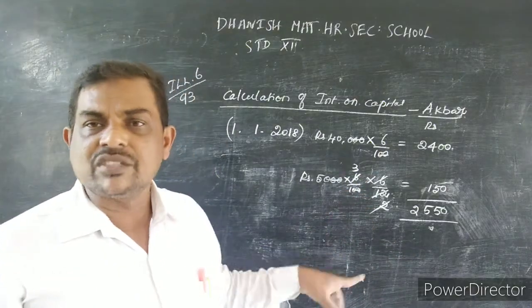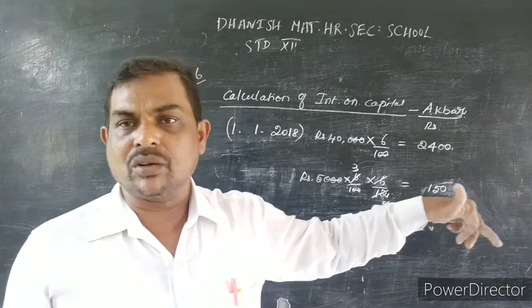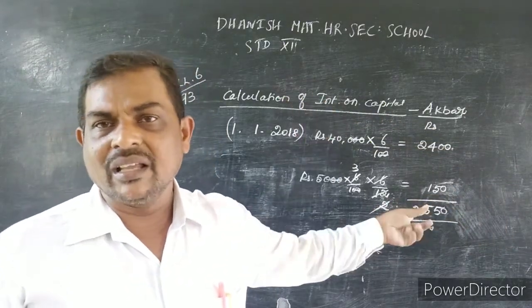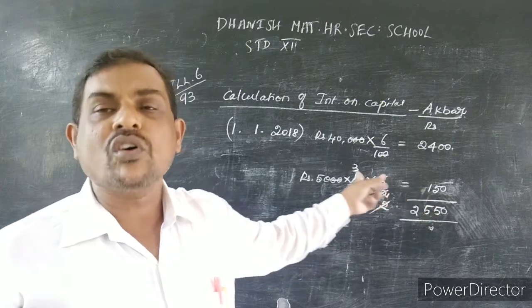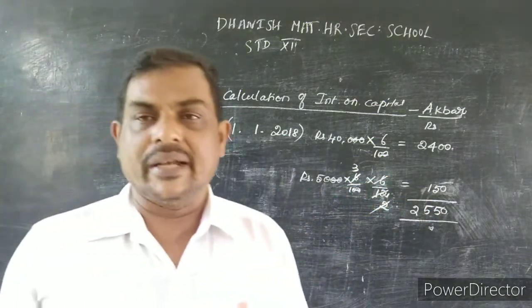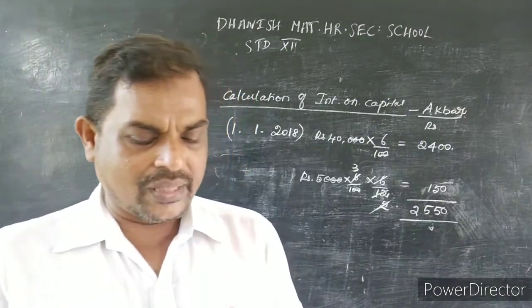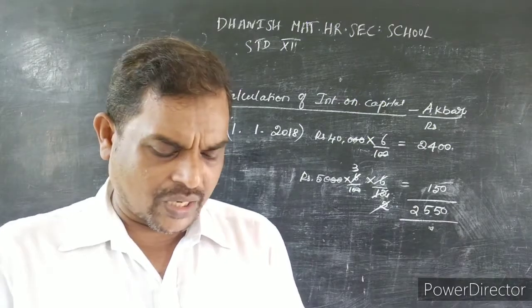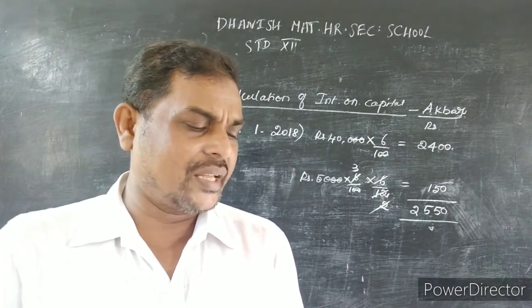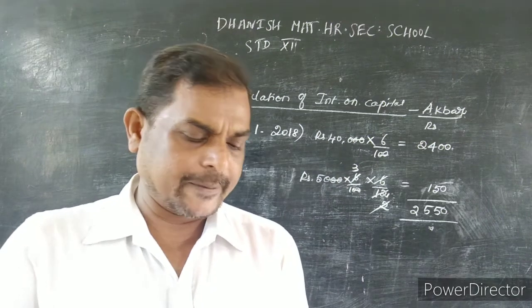If the date is not given, we have to put 6 by 12. If the date is given, then we calculate from the date of contribution to 31st December. In the previous sum it was like that; here it is not. So we have to calculate like this. This is the way we have to calculate the interest on capital. In the exam exercise also, they have given two sums in the same way. I will tell you the sums. You please do them and I will teach you the rest of the sums in the next classes.